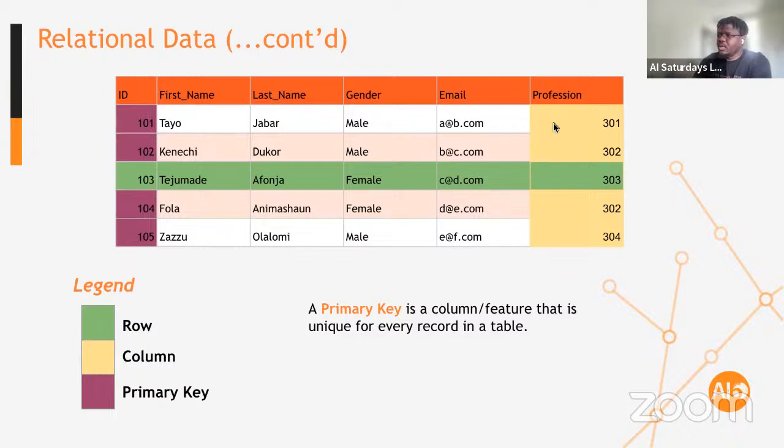So the yellow color, we have the green, and we have, oh, I don't even know what color this is. But we have this thing that looks like purple, right? So the green color is what you call a row. So everything that goes horizontally is a row, but I color coded this one just to highlight one row for you. So now, according to what I was saying about what a row is, it gives you all the information that you need to know about a particular record or about the